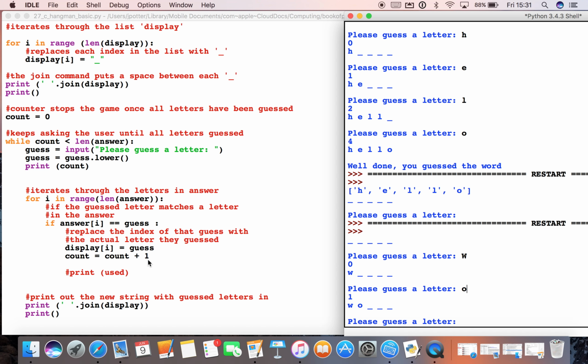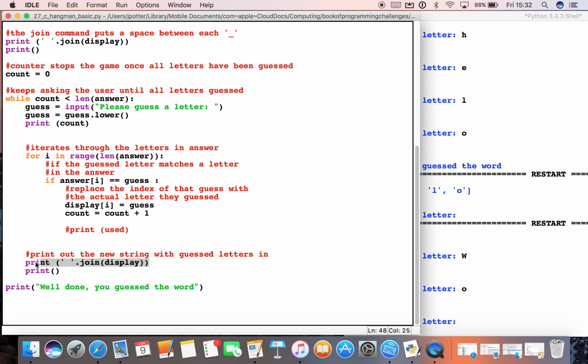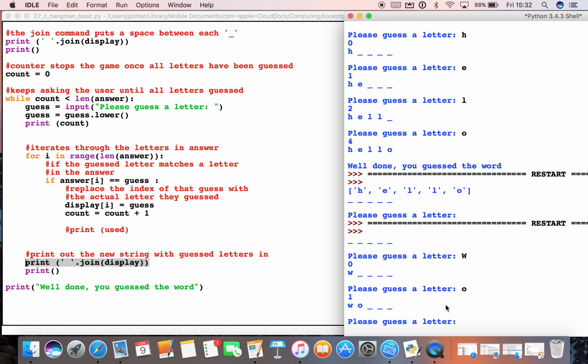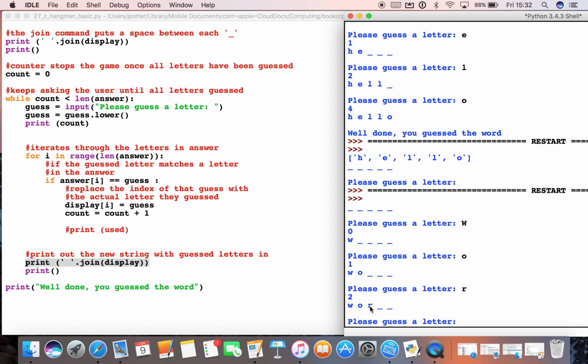And then it adds 1 to the counter. So the counter is no longer 0, it's now 1, and when it gets up to 4, it'll end the game. What it will do again for the next letter is print out the new word with anything we've guessed already in it. So let's do R. We know that's there, so that's gone through again.